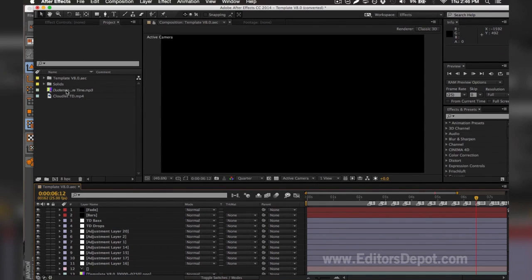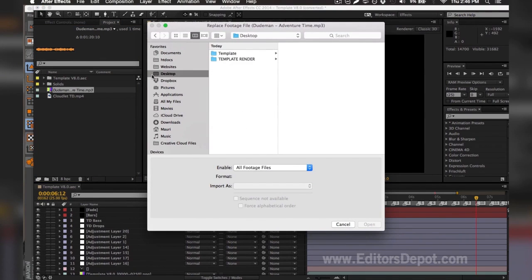I'm going to double click the file and find it on the computer. It should be included in the template, and if it's not included, we're sorry and we're going to do our best to try to help you, but if it's not, you can include any audio you want. As you can see here, it's not included, so I'm going to drag in one of my copyright-free files that I have in my library. You can use the one that we're using for this tutorial.